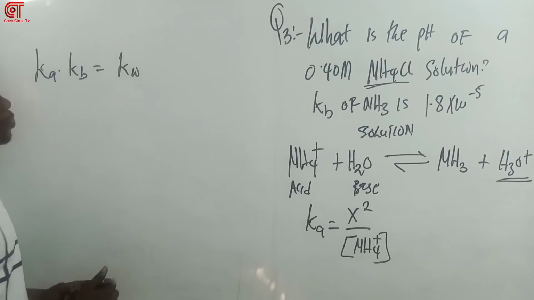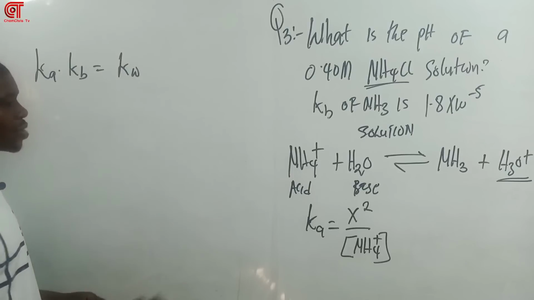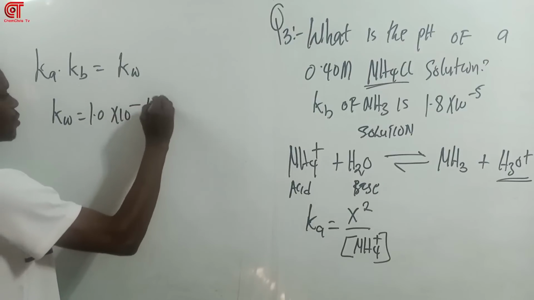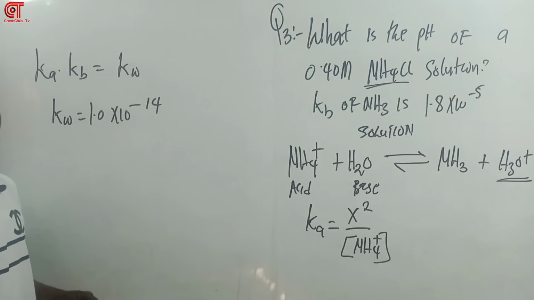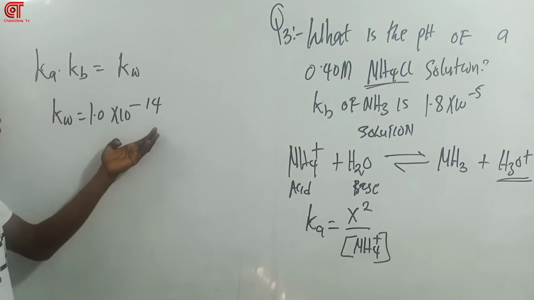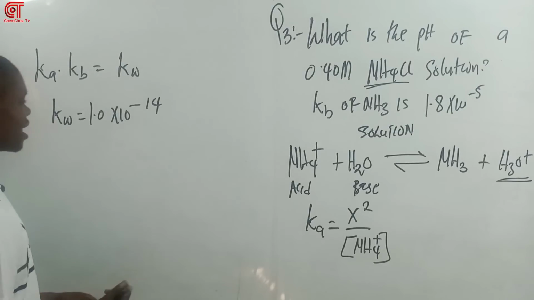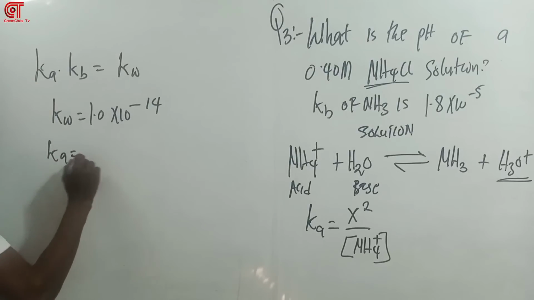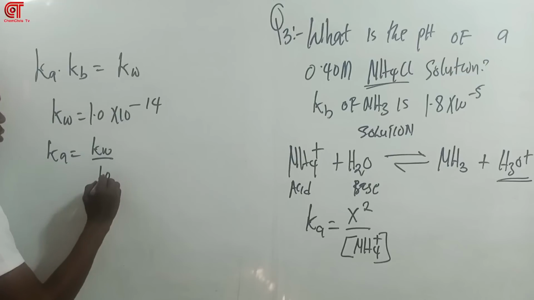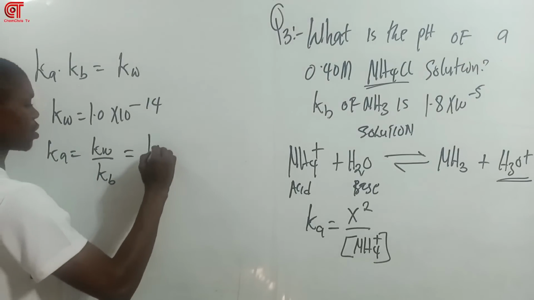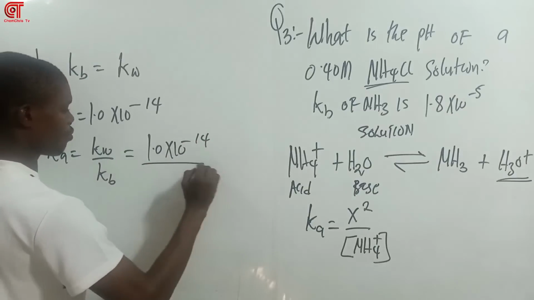Do you get that? And Kw at a specific temperature, the one you are using mostly, is Kw equals 1.0 exponential minus 14. This is the value for Kw. So for me to calculate my Ka, because without the Ka there's no way I can solve that question here, my Ka is going to be Kw over Kb. Do you understand? So it's now going to be my Kw, 1.0 exponential minus 14, over my Kb,